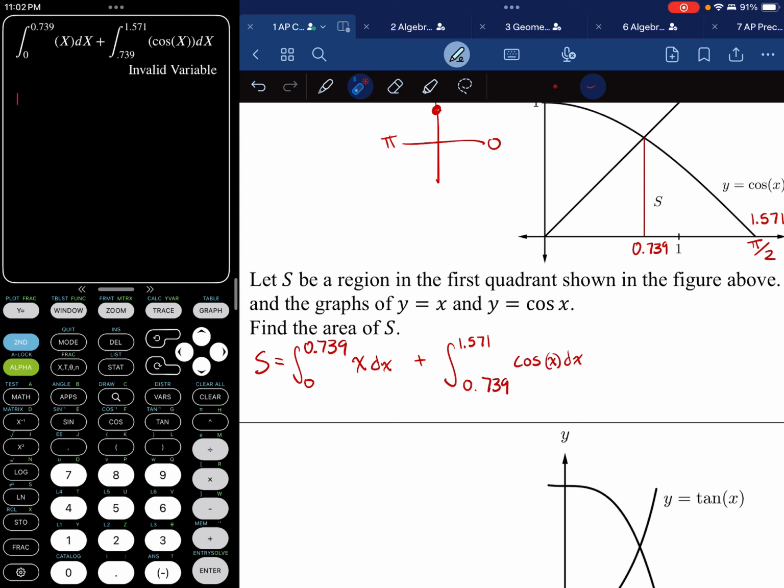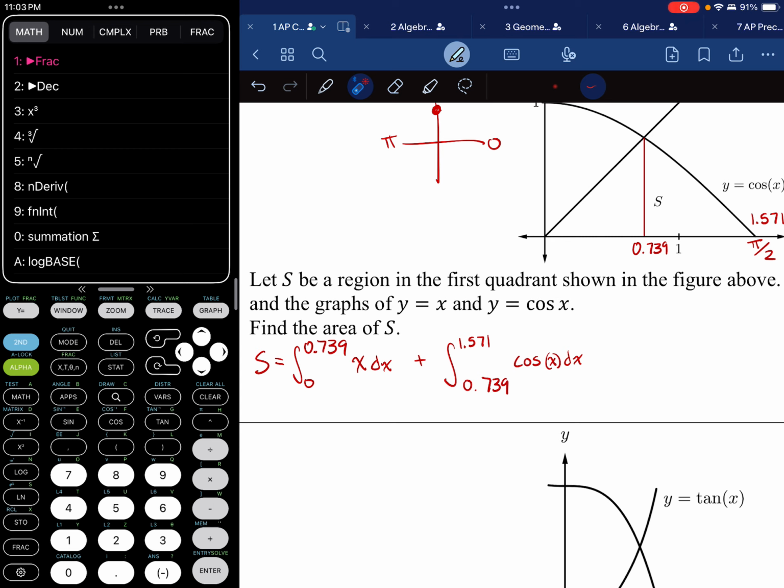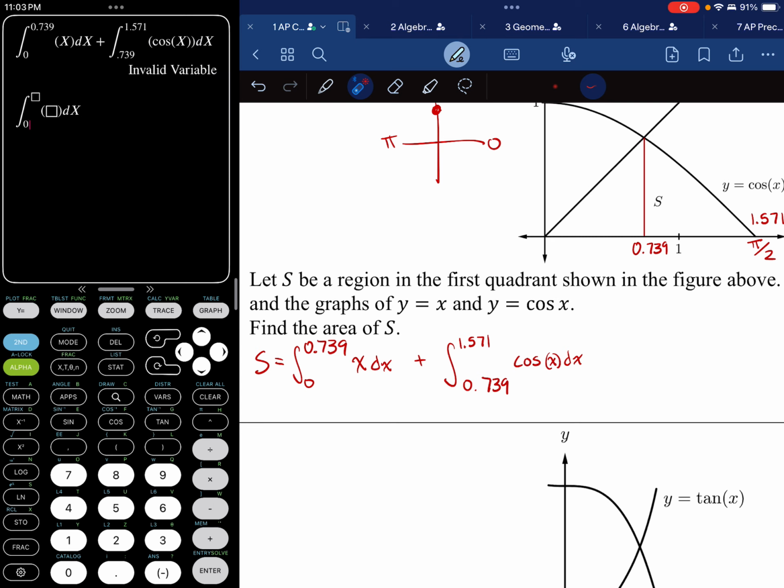What if I just go and do this all one step at a time? Apparently my calculator can't handle my genius math abilities. So 0 to 0.739 of just x. Well, can you handle u? Okay, well, it handled that one okay. I'm going to write this one down. That one is